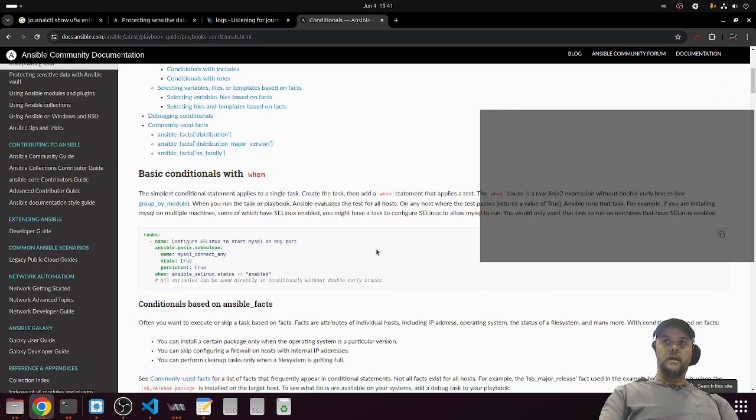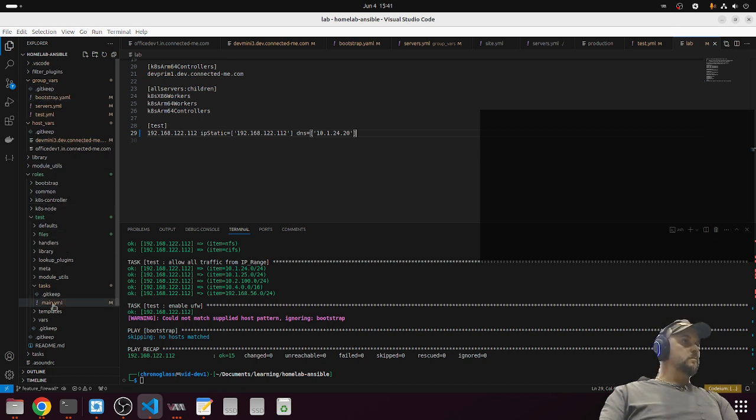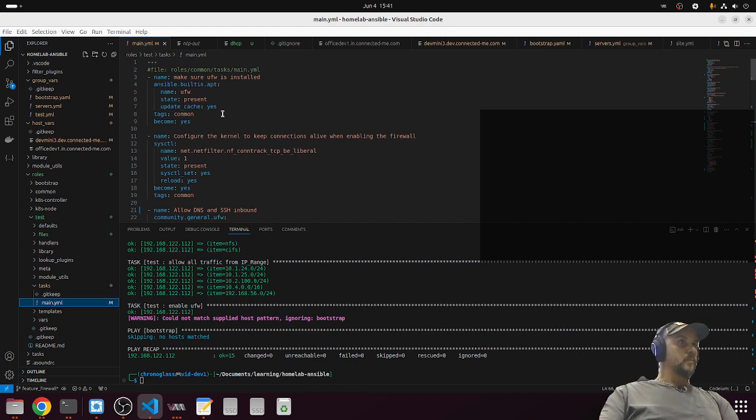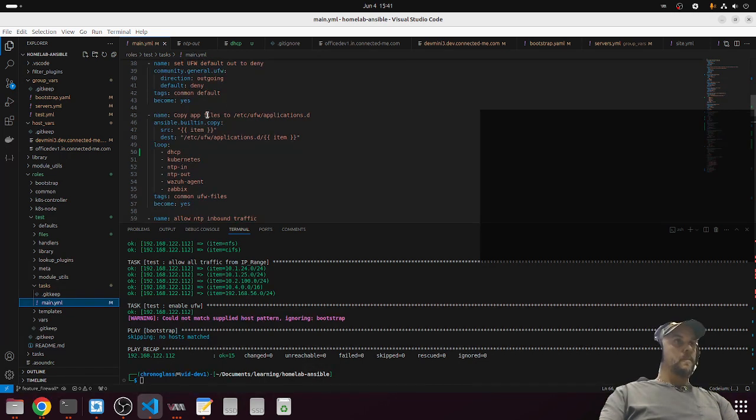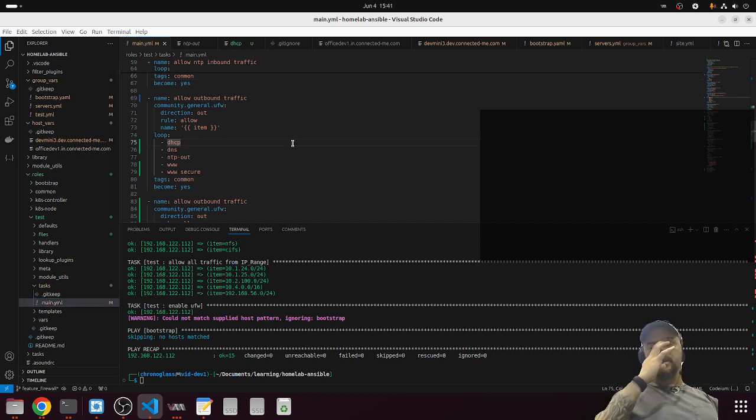Because what I want is if static IP or IPs, if IP static, then in here we need to get this out. Oh, this copies the file, that doesn't matter. We don't care about DHCP out. We actually don't care about the, well, no, we do want these out no matter what. Never mind. But this is only if